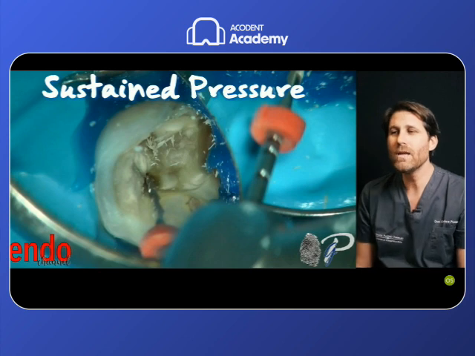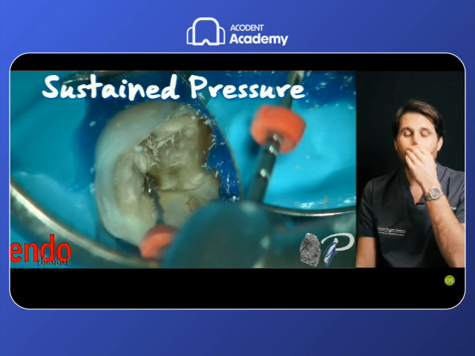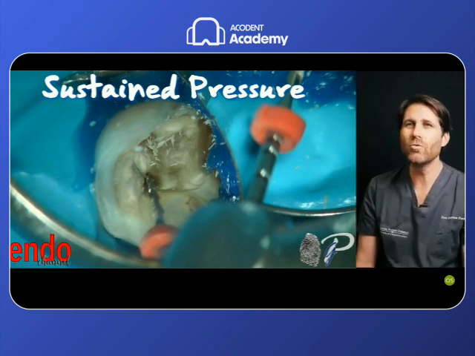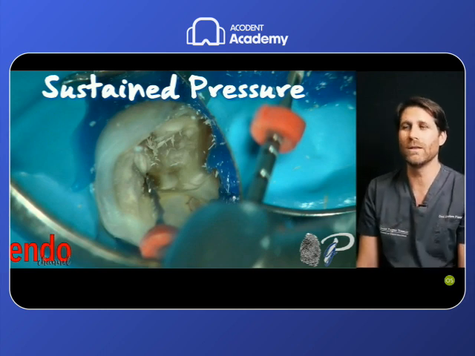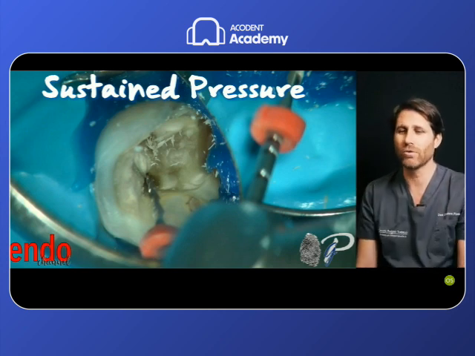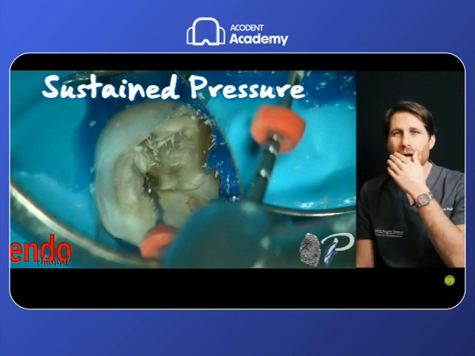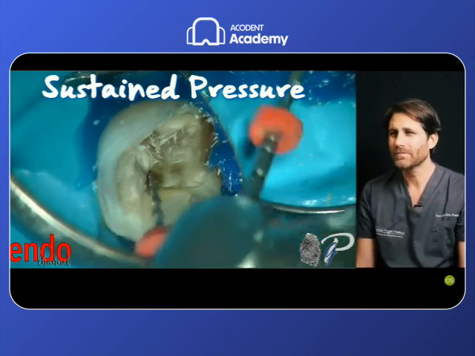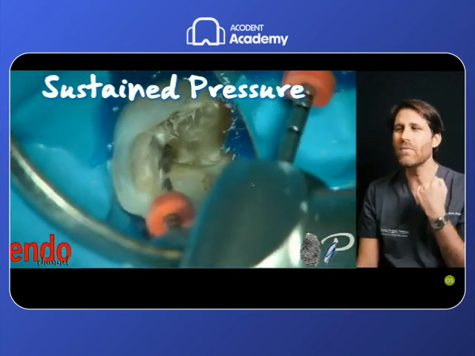That means that we do a manual scouting, we stop at a point. The secret is that we need to give the file the possibility to penetrate in a penetrable tissue, but we are not able to do it with the manual stainless steel file because it's too soft, it's guided by hand, it doesn't have the power to do it. So we measure this length, we put the rubber stop on the Reciproc file 1 millimeter more than this length. We insert it in the root canal and we start pushing 1 or 2 seconds maximum and go away.